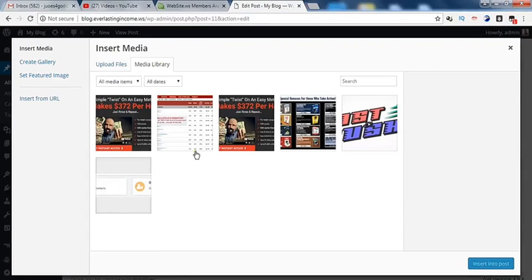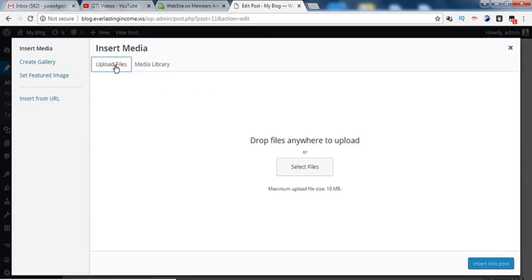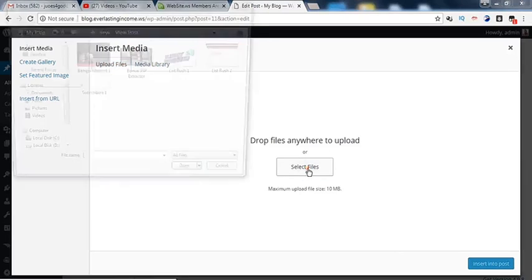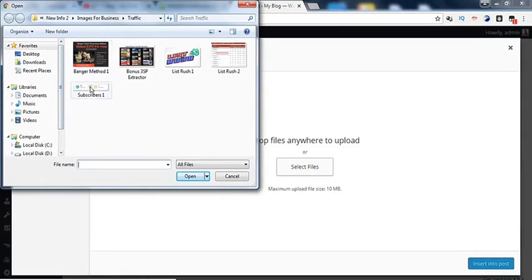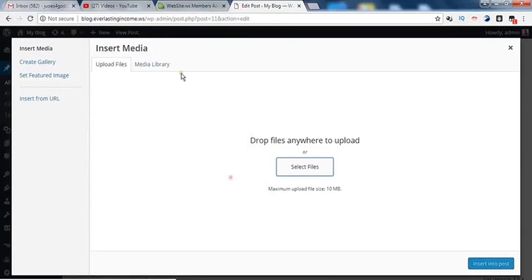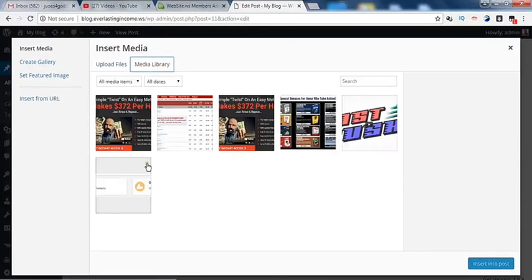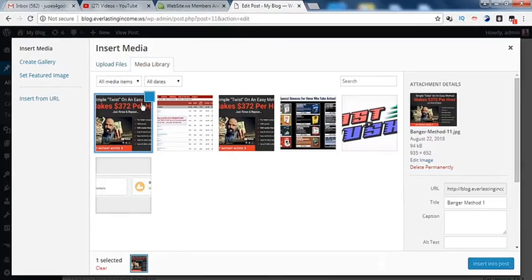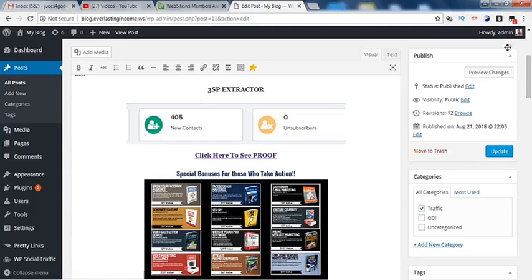But if it's a new image you want to upload, you click upload file, you click select file, and then you go to your computer and go to where you saved the image, click it, and then you click open. Once you click open, it will appear here and highlighted. You highlight it, and then you click insert into post. Immediately it will display here. That is how to add an image.